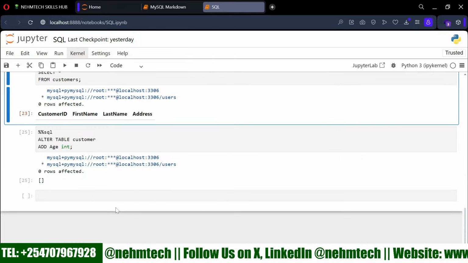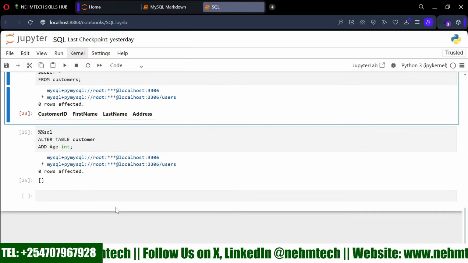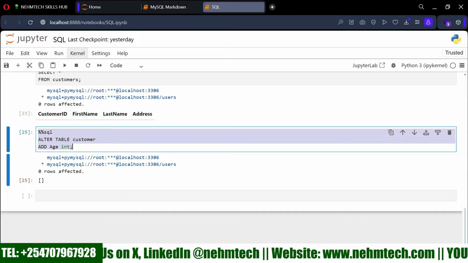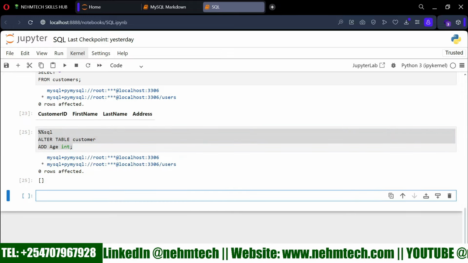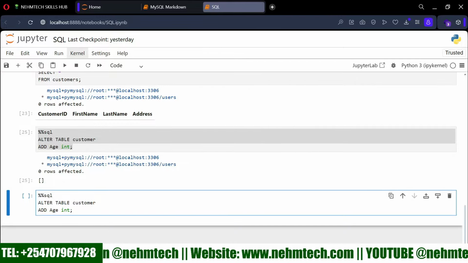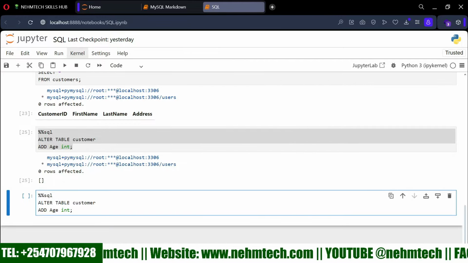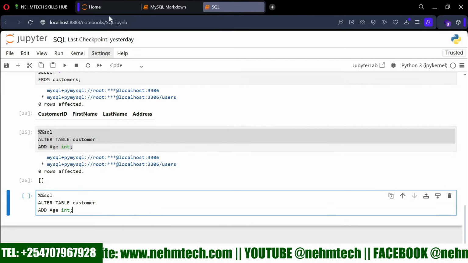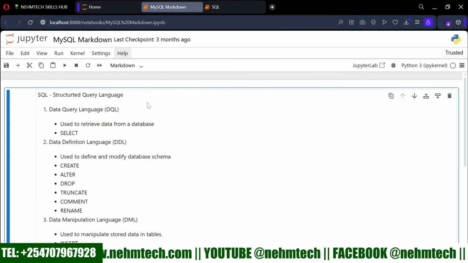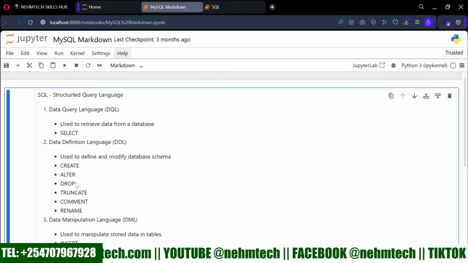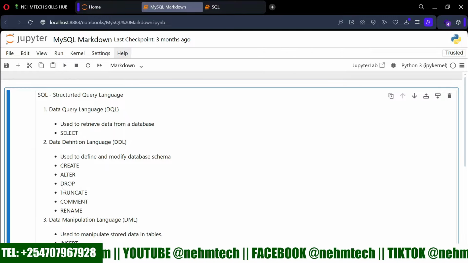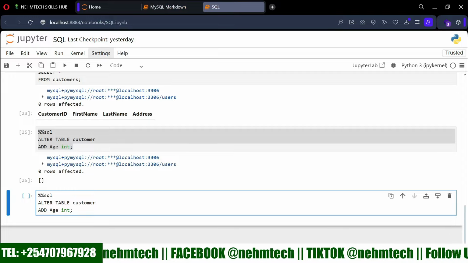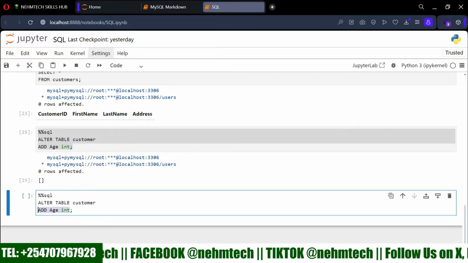And also, how do you remove a column once you have added it? Still, you'll be using the alter command. This time I'm going to use a drop. Now to drop is like you're trying to delete. Remember, drop has been used 3 times here. We used the drop on dropping the database, also we use the drop to delete the table, and now we're using the drop under the alter to drop a column. So here I'll say drop,